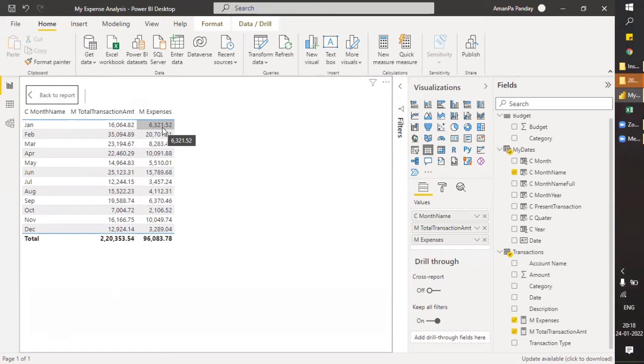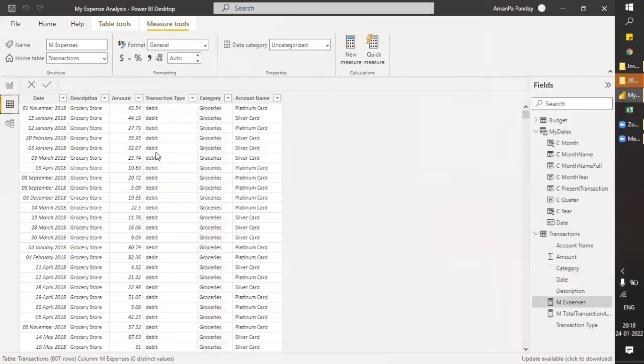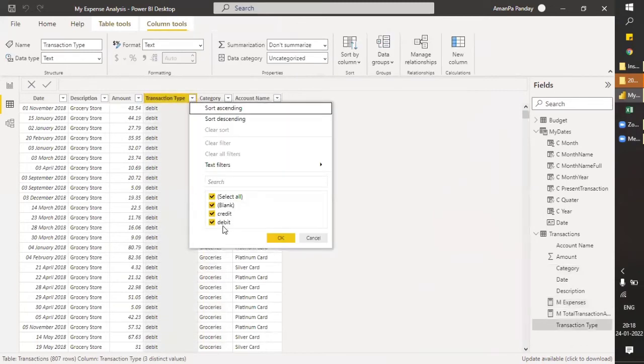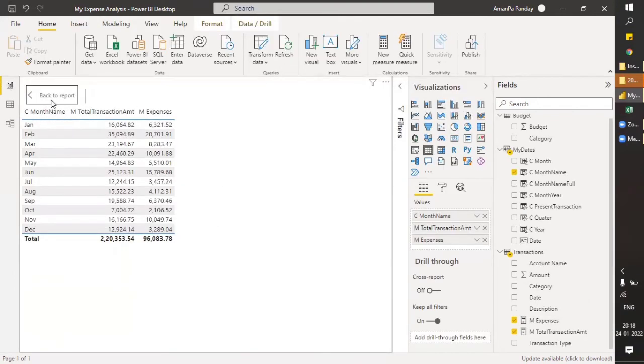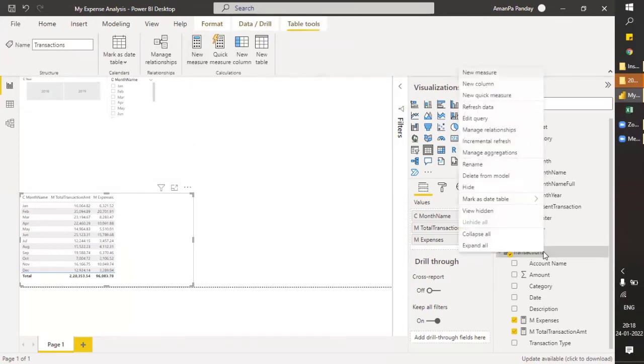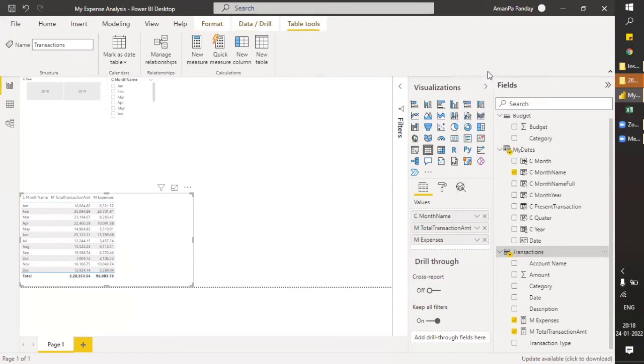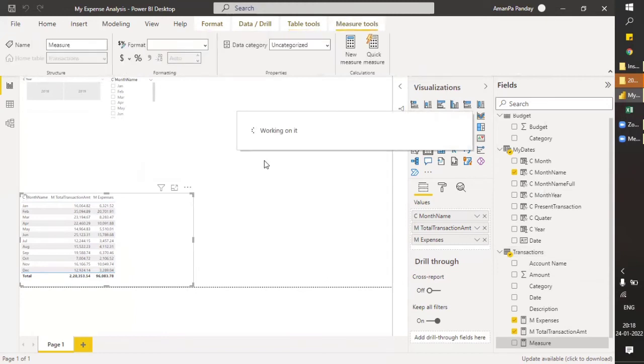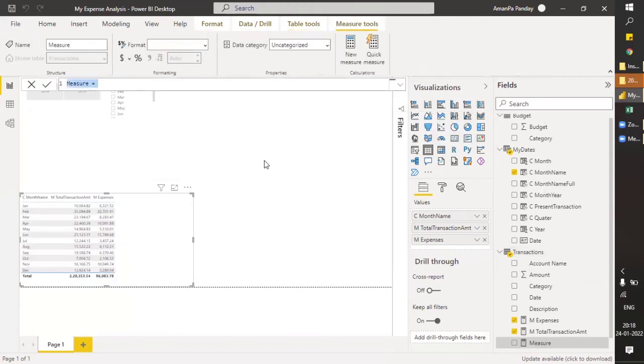So now we will also find how much was my income. Income should be calculated the same way as we did the expenses. We'll be calculating from this transaction type. You can see there is a debit and credit. Credit is simply the amount I got, so that will be our income. Let's click on the table, and you can also right click here and select new measure. It's on the top. You can choose from the ribbon or from the right click. Both will work fine.